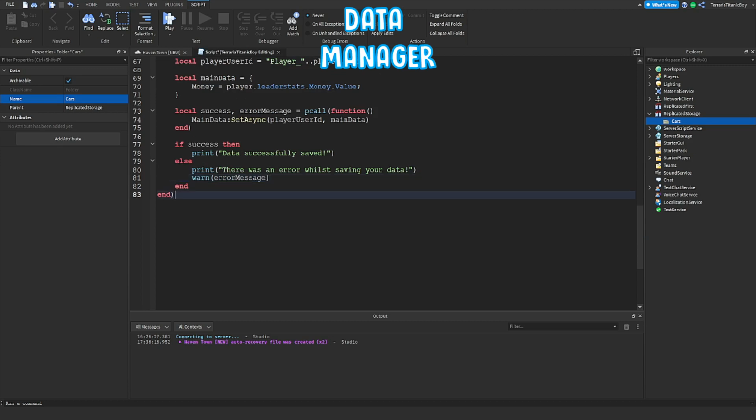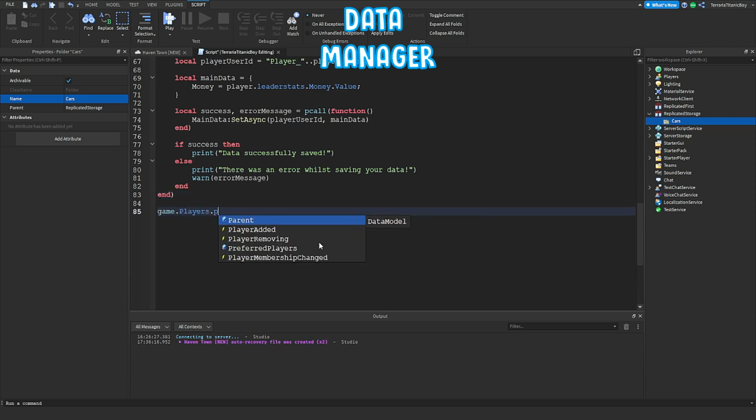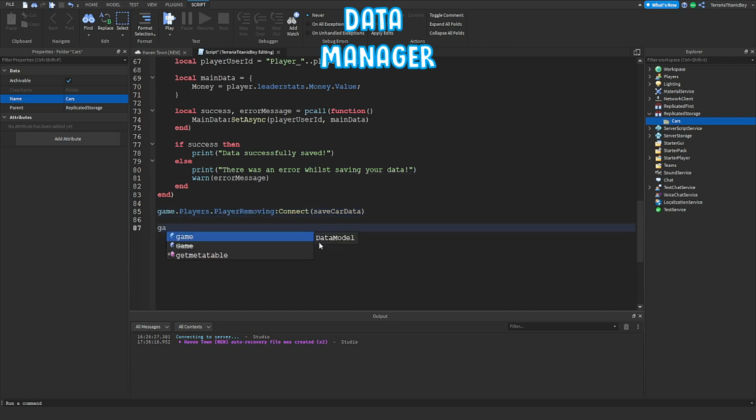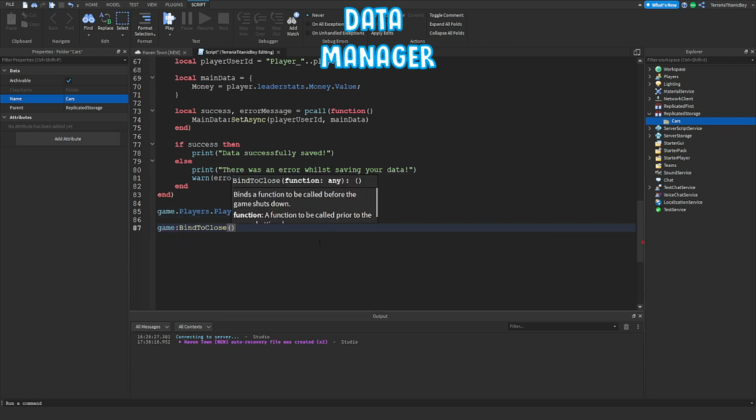And we are very close to the end, but we're just going to do game.Players.PlayerRemoving:Connect, and instead of function we're going to replace the word function with an actual function. It's going to be saveCarData, and then game:BindToClose(function),